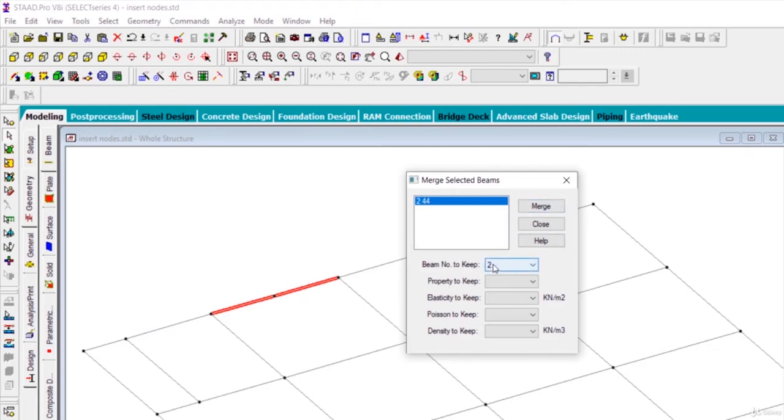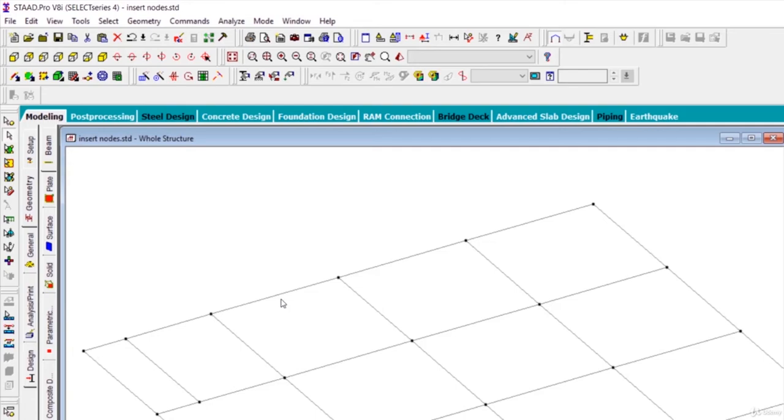Beam number to keep, which number you want to keep. You can see that 2 members are to be merged. Member 2 is this member, member 44 is this member, and beam number to keep is which number you want to assign the joined beam. We want to name it as 2 and click on merge and click on close. You can see that the beam has been merged together.